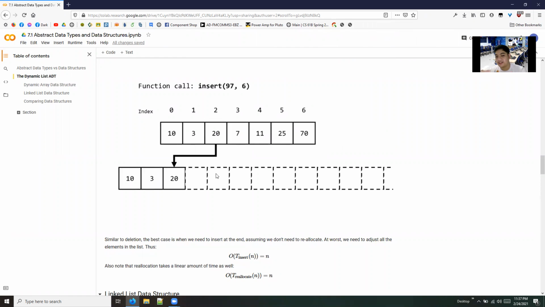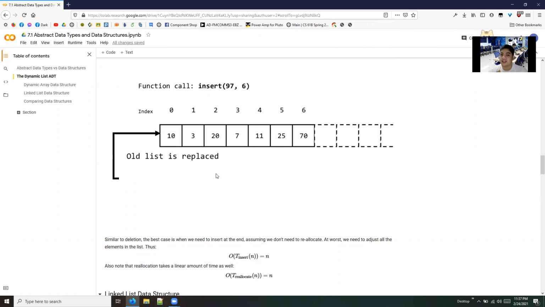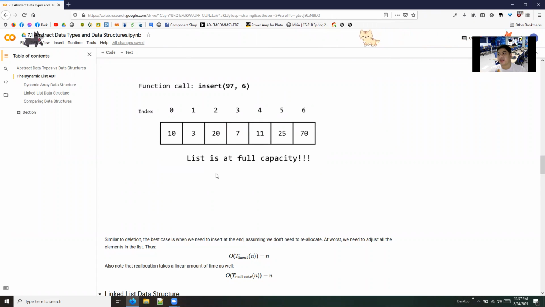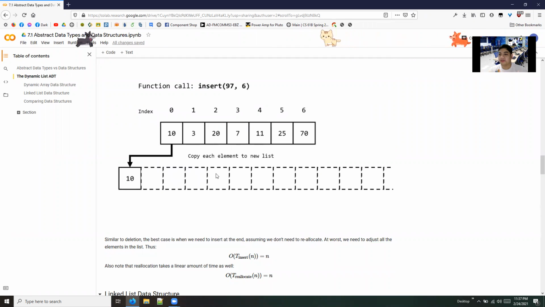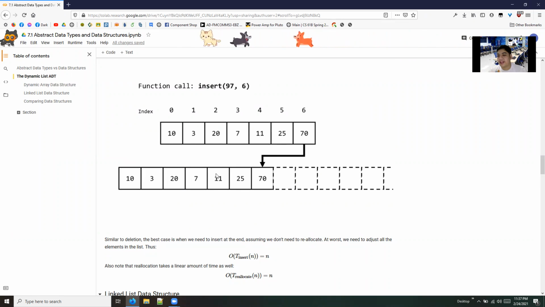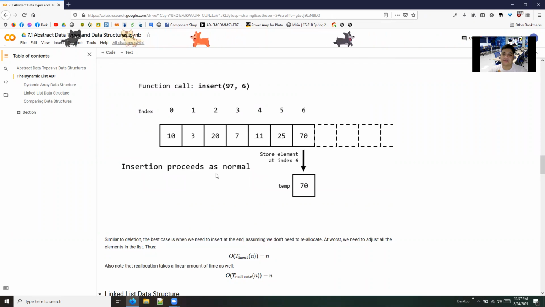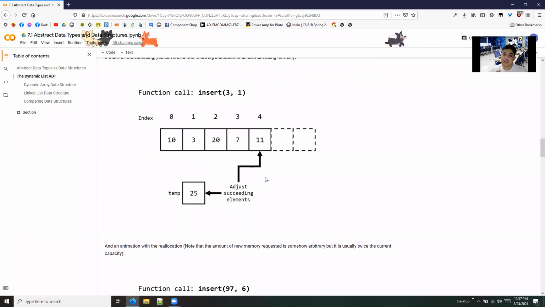But assuming that takes constant time, we need to copy the elements from the original list to the new list. And that actually takes time. But in terms of complexity, we will do it n number of times for an n size list. So technically, the time complexity will be linear. And that will be the same for the case without reallocation.